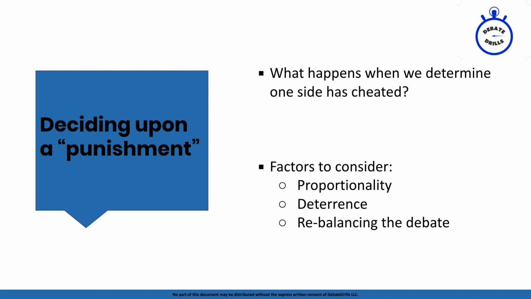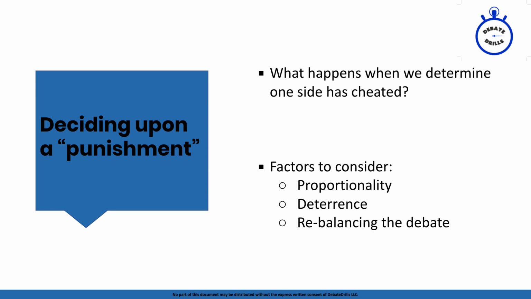One is obviously proportionality. Disproportionate punishments could be bad because it could result in over-punishing, right? And this is a classic principle that we use when we look at institutions like the criminal justice system. This is why we would think it's bad if you steal a cookie from a store to be given the death penalty, right? Whereas we think it might make more sense for you to be given the death penalty if you were a mass murderer who killed, 40, 50 people. So having a sense of proportionality is important.